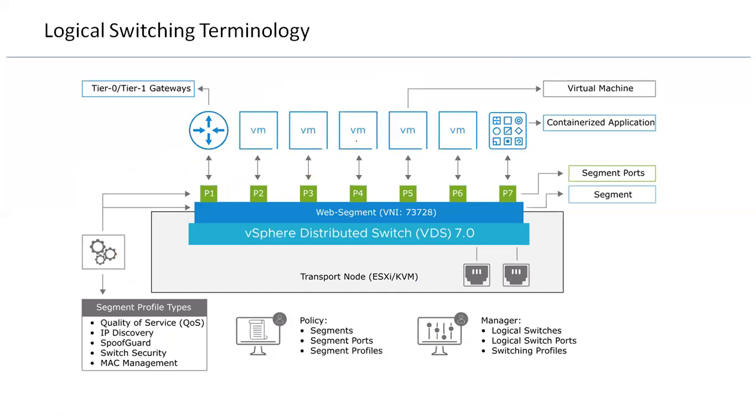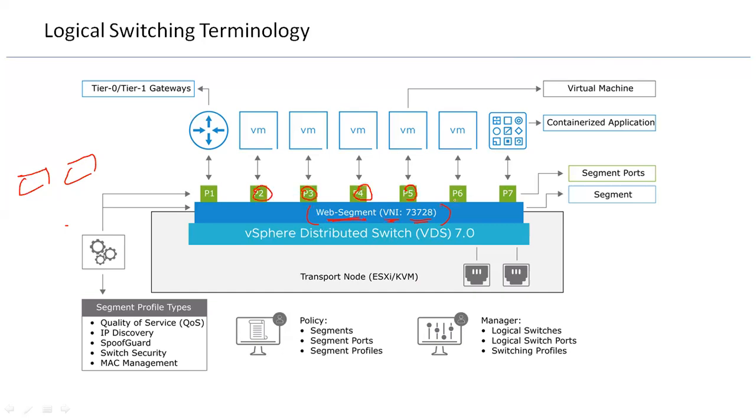When we say logical switches, what are they? The logical switch and the logical segment are the same thing. It is similar to the concept of a port group in distributed switches. In the same way, in NSX we can create logical switches, and under the logical switches we can further connect our VMs. For example, a web segment. A virtual network ID has been assigned to this segment. This segment is a logical switch where we can see multiple virtual ports where my VMs will get